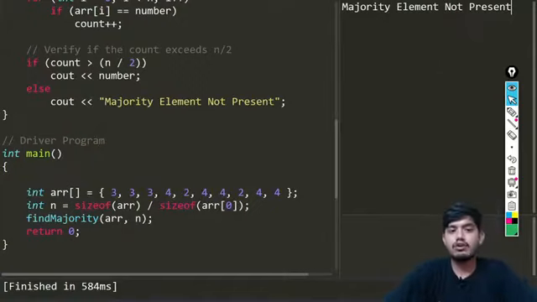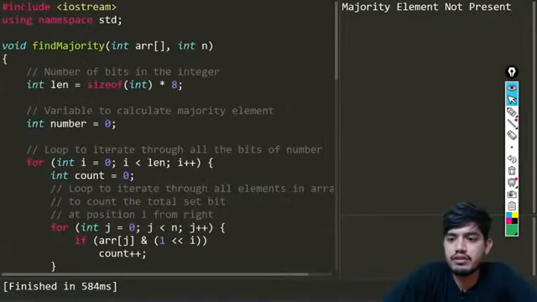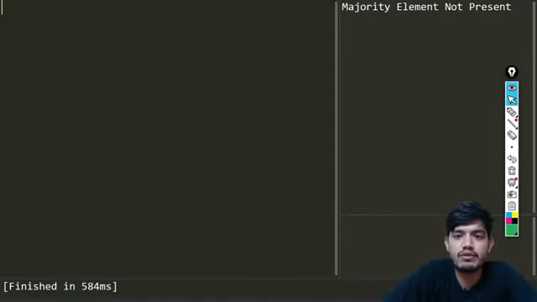So now let us talk about an assignment problem which you need to solve and try by yourself. So in the last class what I have discussed, let me just give you a brief introduction about that. So let me just remove this.